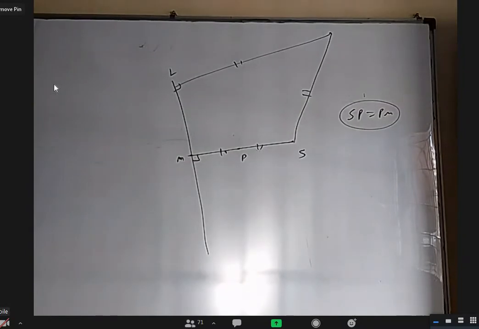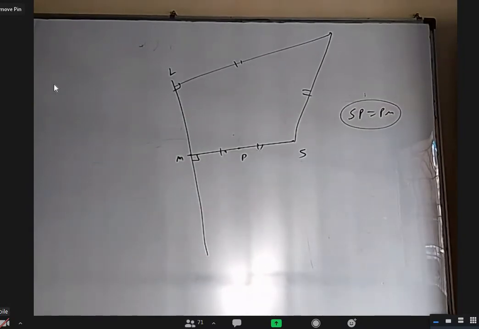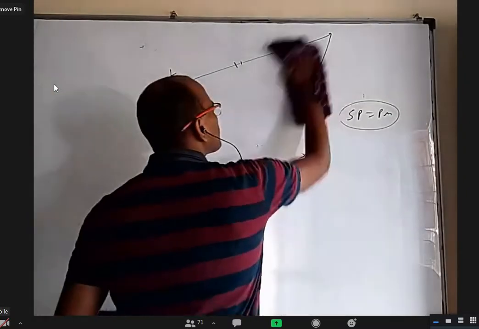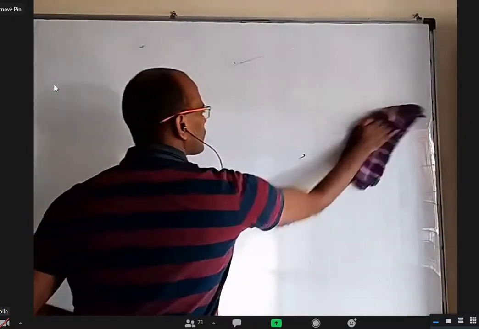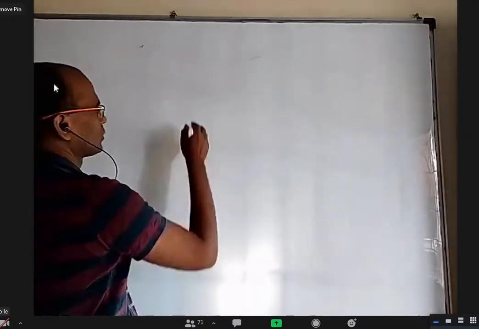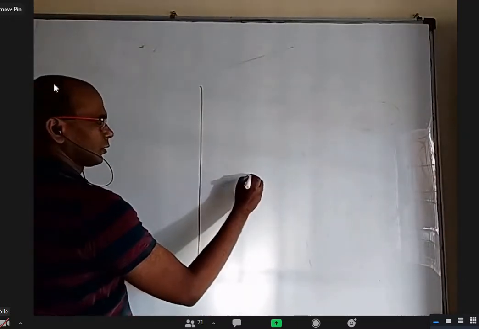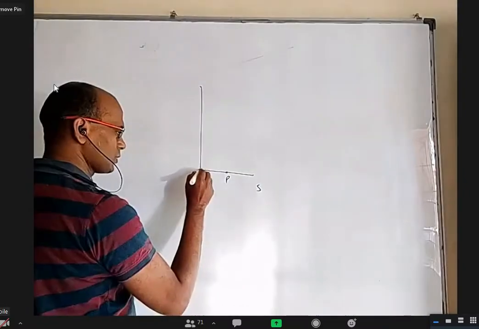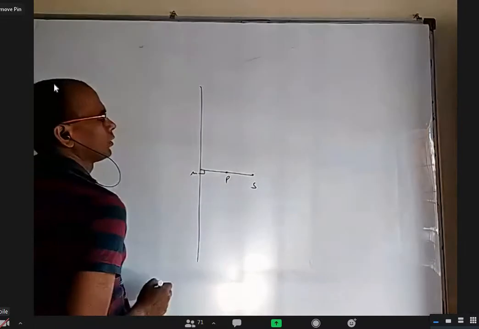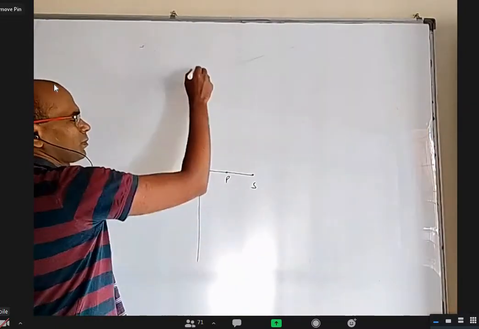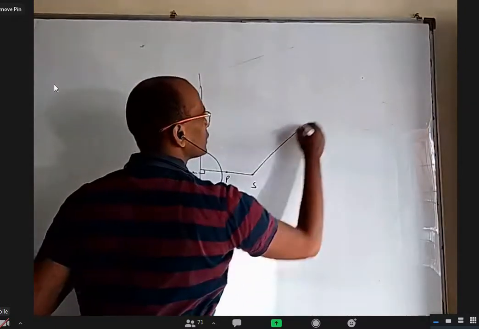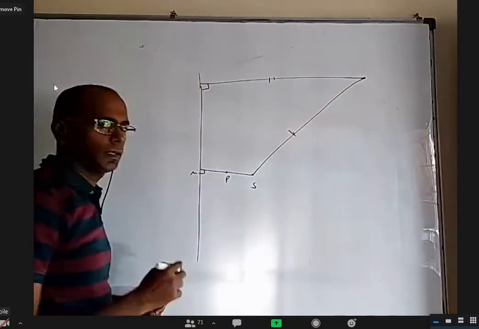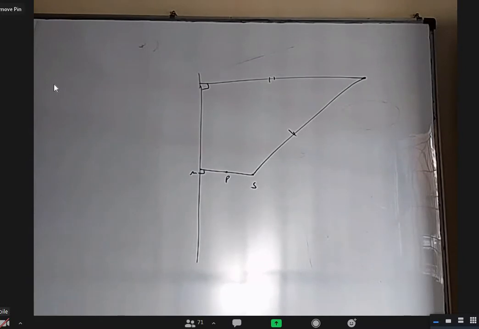Can you tell any more points like this? Can we mark on the paper easily, satisfying this condition? So we have a line. This is S. I drop the perpendicular. This is P. This is N. Okay, this is one easily identified point. There may be a lot of points like this where SP equal to PM, but nothing specific. Are there any other points that we can mark easily?